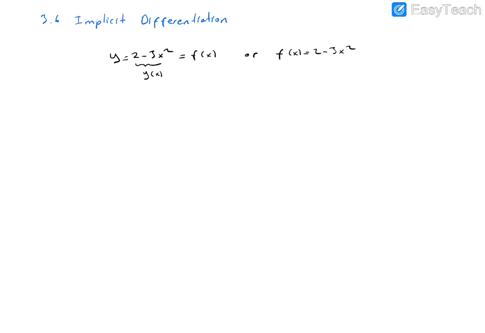Other examples are x equals 3t square minus 2t square minus 3t plus 1, and z equals square root of u square minus 3u. Here this is the x of t function, and that is the z of u function. Or another example, according to your textbook, r equals x square minus 3s to the power 2 over 3. This is the r of s.